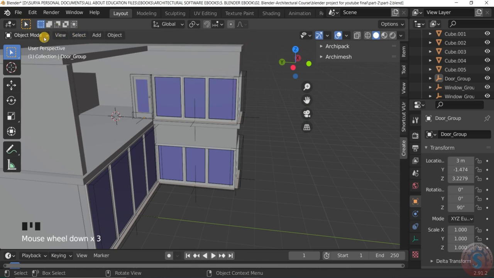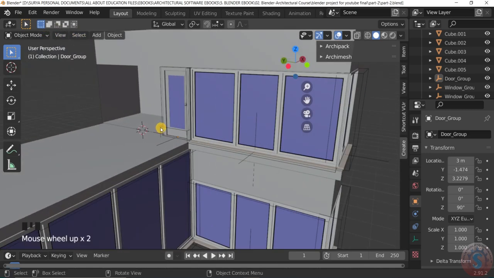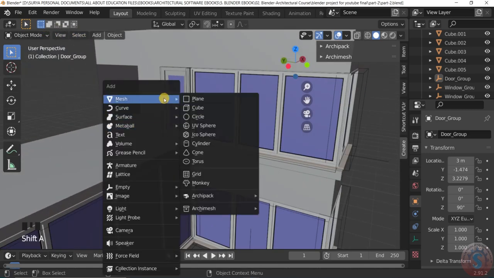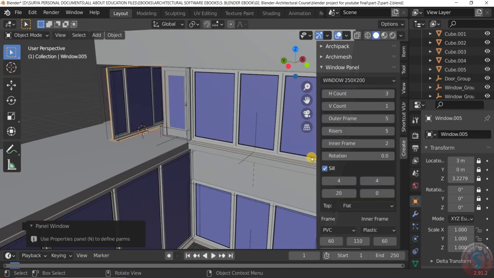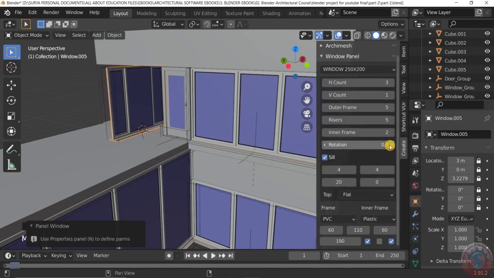And again I want to go into object mode. With the cursor selected, I press Shift K and go into Archimesh. Here I want to add the panel window and give the panel window a rotation of 90 degrees.